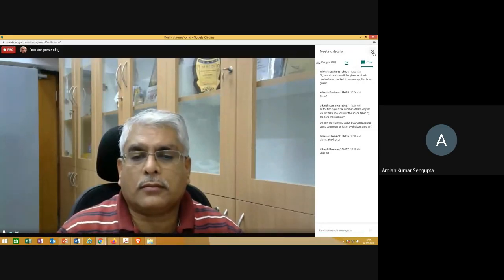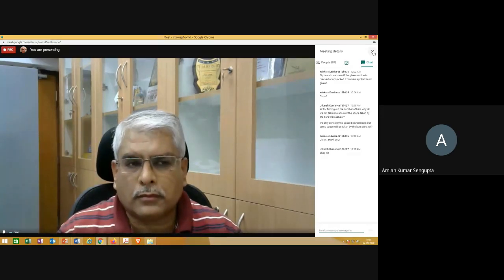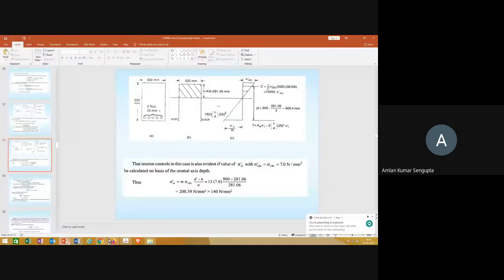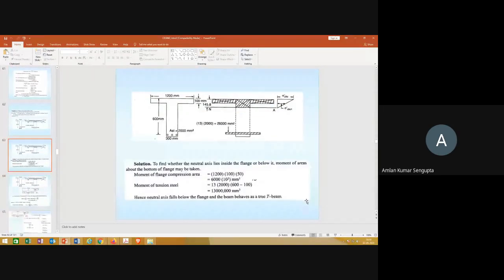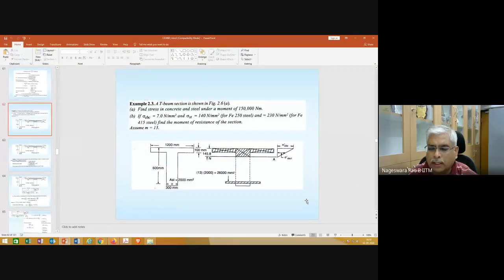However, under certain situations, we may be interested in the clear spacing between the bars. That is for the concreting purpose. If the clear spacing between the bars gets very small, then the concrete will not flow during concreting. Aggregates may get stuck. Hence, there are certain detailing requirements which are based on the clear spacing. But for analysis, we use the center to center spacing. Any further questions?